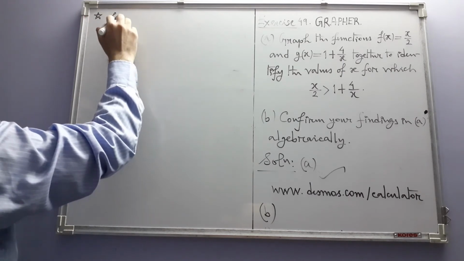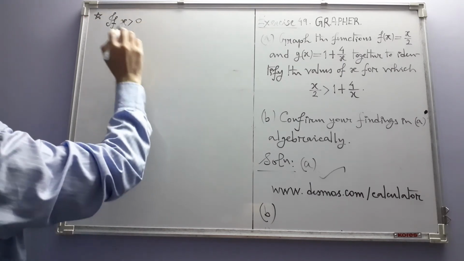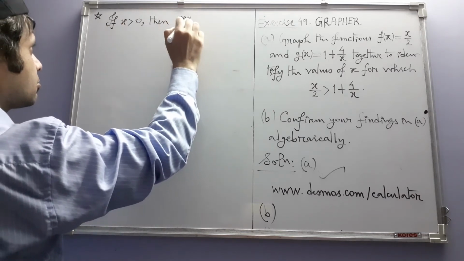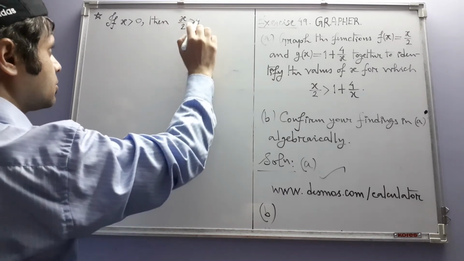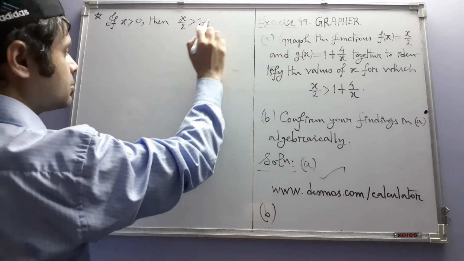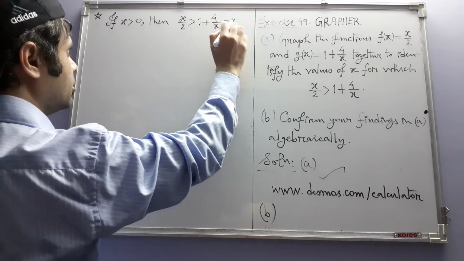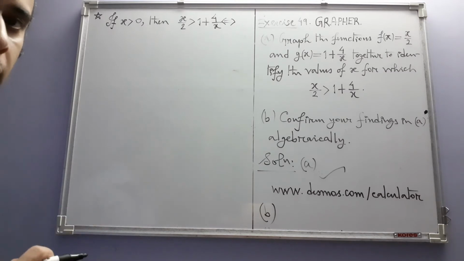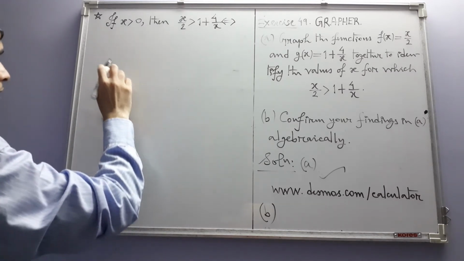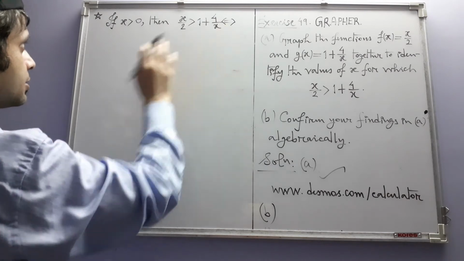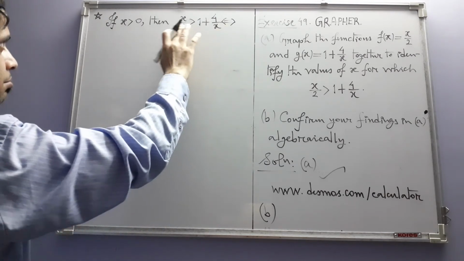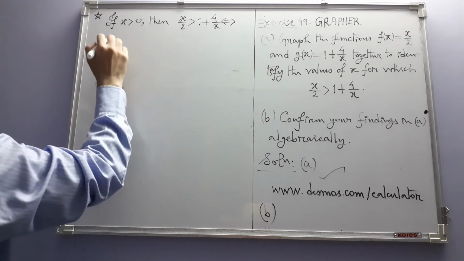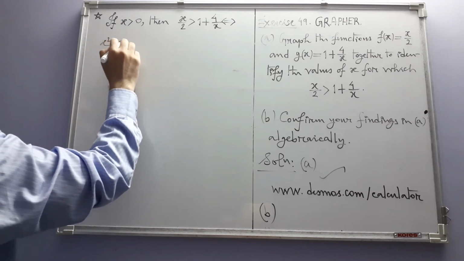If x is greater than 0, then x by 2 greater than 1 plus 4 divided by x is equivalent to, we can then multiply both sides by x. In fact, if we do that by 2x, then we don't have to bother about this 2. So if we multiply by 2x, we will have x square greater than 2x